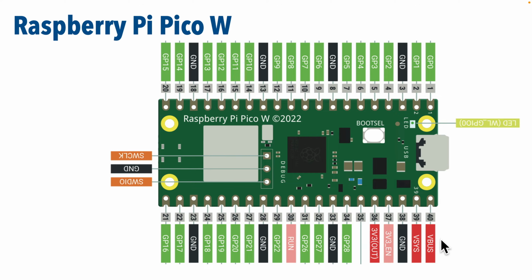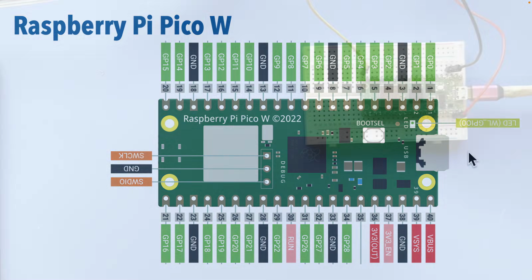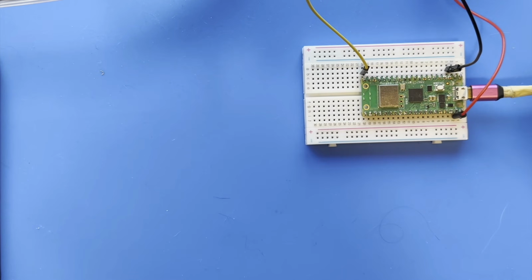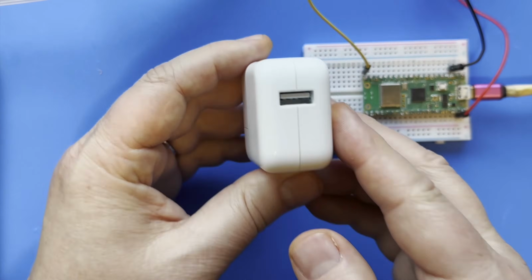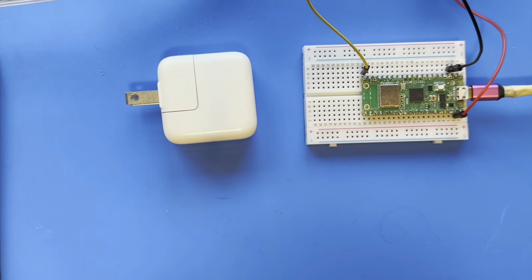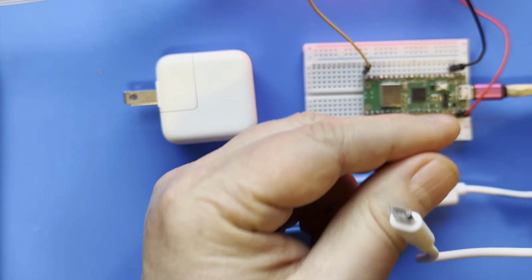You never want to mix up your power and your ground pins. That could cause problems. Now for power, our projects, unless I explicitly say so, are all going to be powered through the USB connection on the Pico board. We're either going to connect our Pico board directly to our computer's USB port, or we'll use a standard mobile phone wall power supply like this one for an iPhone,